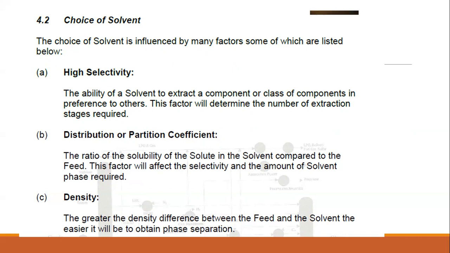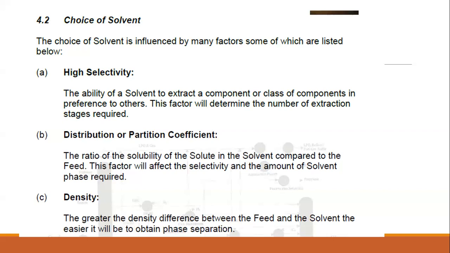Distribution or partition coefficient is the ratio of the solubility of the solute in the solvent compared to the feed. Basically, it is how soluble the solute, the thing which you are extracting out, is in the feed and the solvent. This factor will affect the selectivity and the amount of solvent phase required. When you know how much your component is distributed, this factor will affect the selectivity of